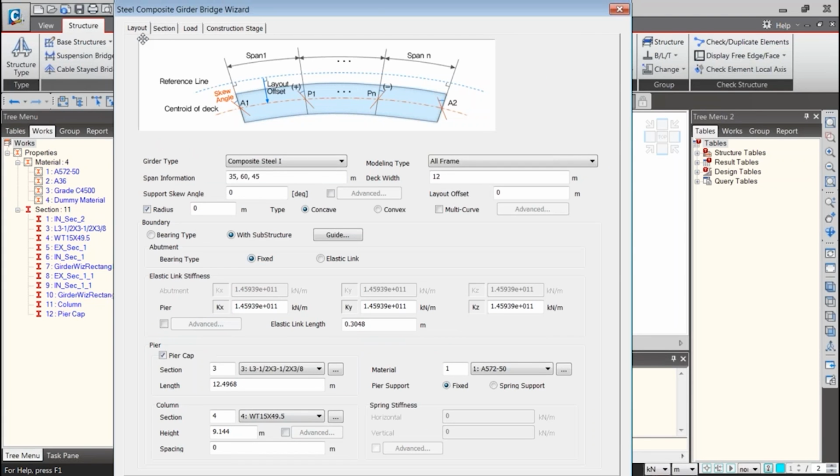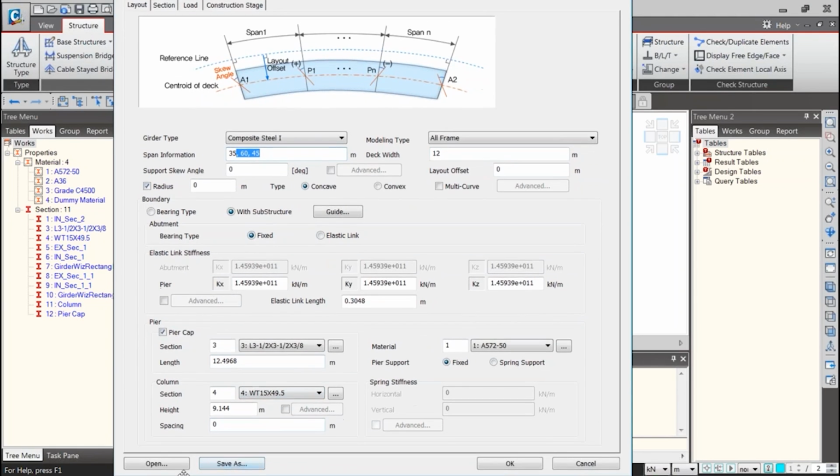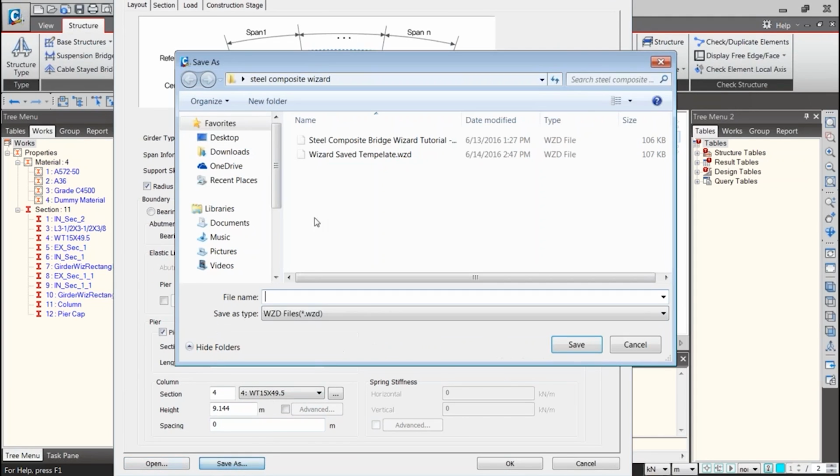But in case you want to use this template again and again for a different project, what you can do is create a standard template using all the default span, the deck width, the standard bearing type that you use, the standard pier sections that you use and everything, and save that wizard.